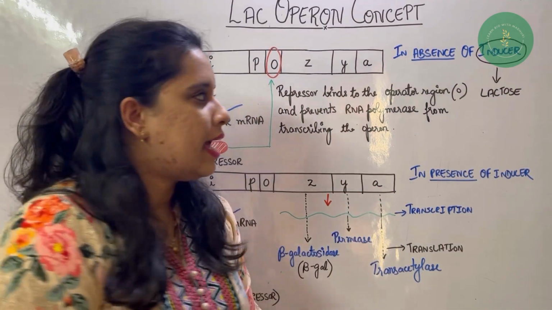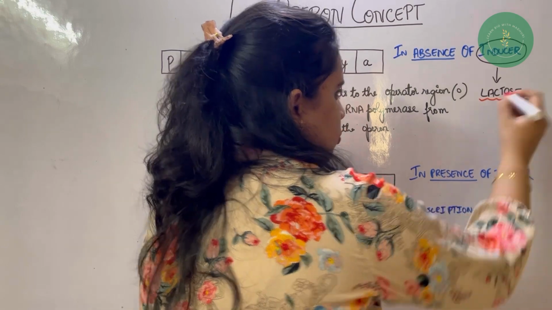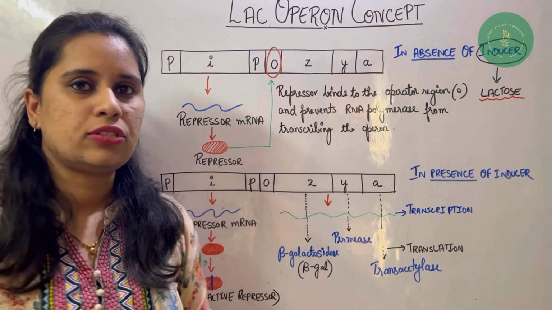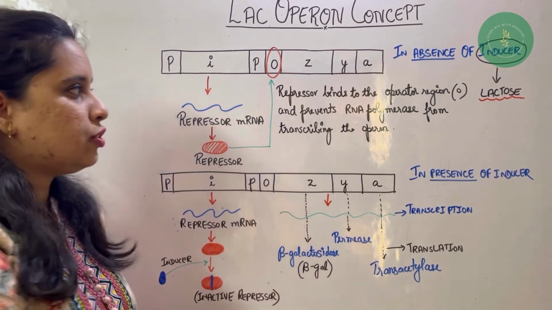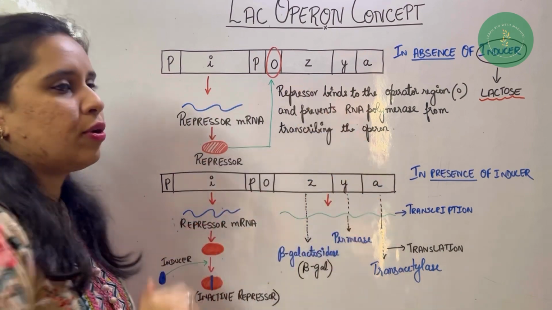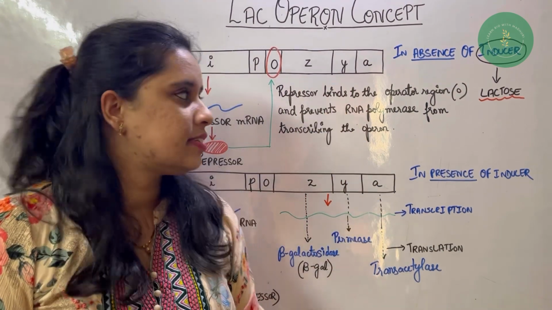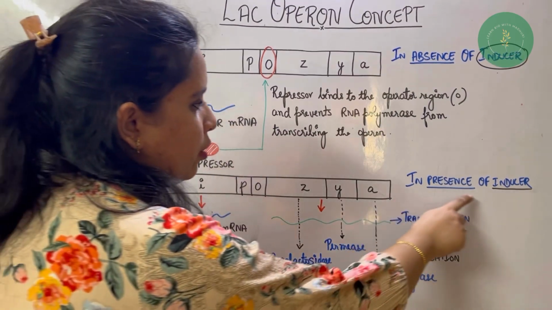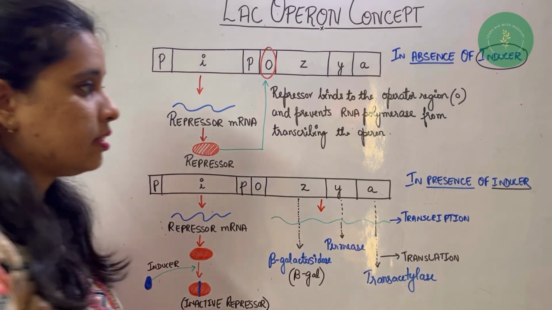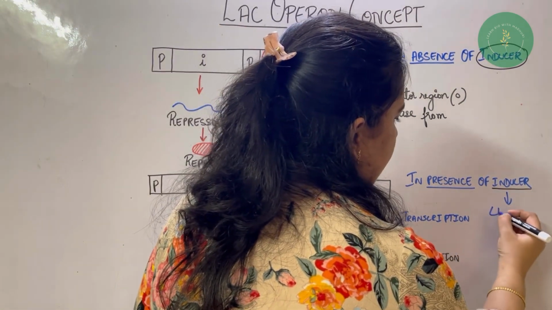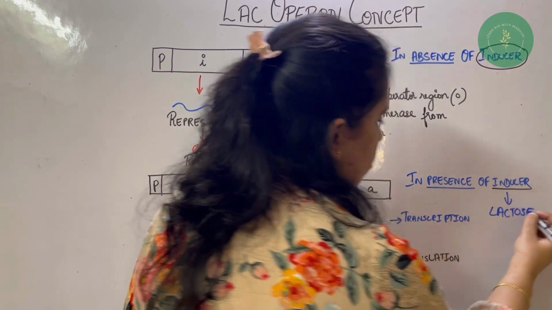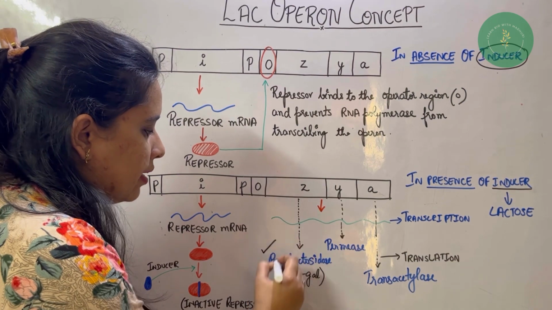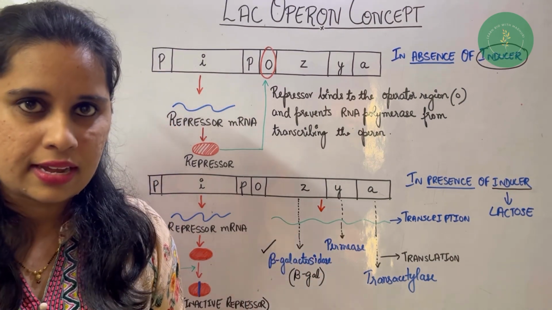My dear students, lactose acts as a substrate for the enzyme beta galactosidase or beta gal, in switching off and on the LAC OPERON structure. Hence, lactose is the inducer of the OPERON. In the presence of the inducer, here the inducer is lactose. Lactose is a disaccharide sugar which can be hydrolyzed by an important enzyme, that is beta galactosidase or beta gal,